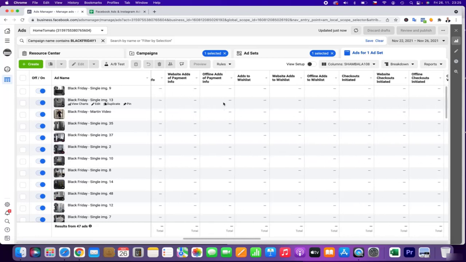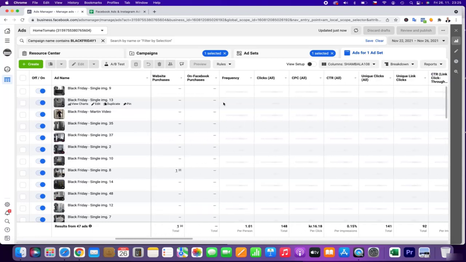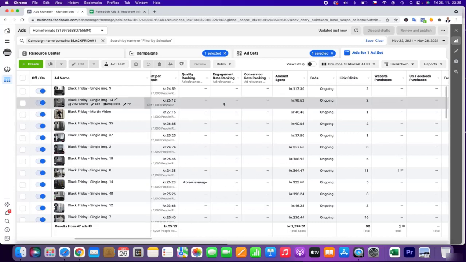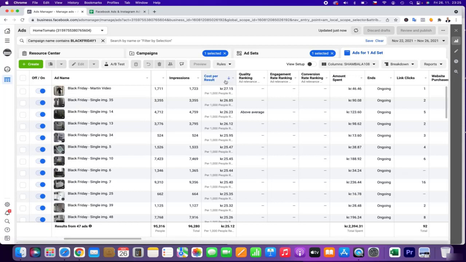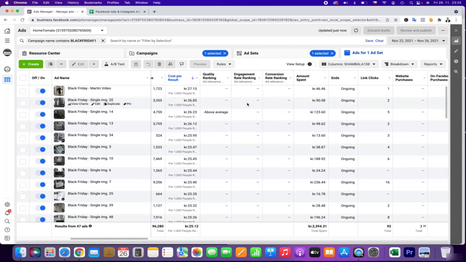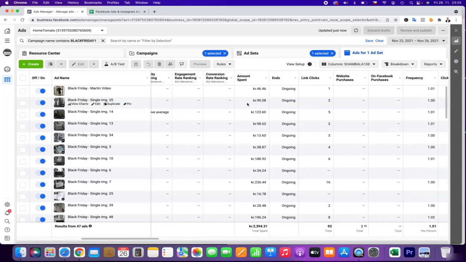But right now, because we will be decreasing the budget, what you can also do with reach is check cost per result. You need to check cost per result, but also whether people click on it.